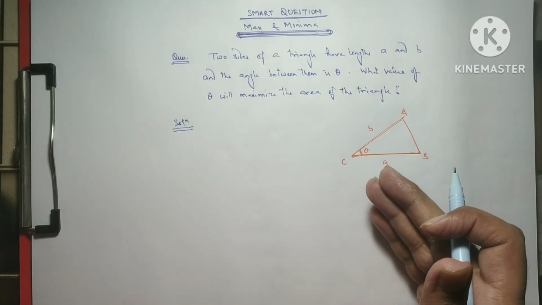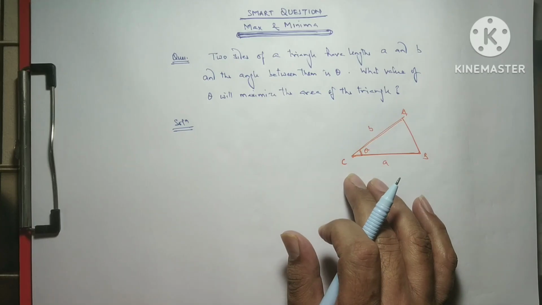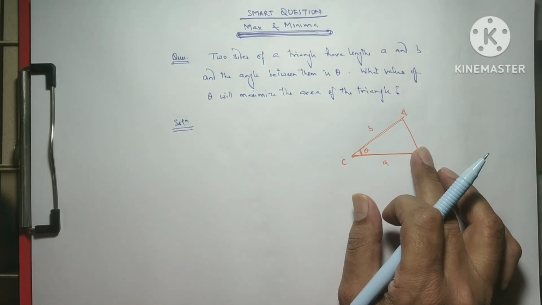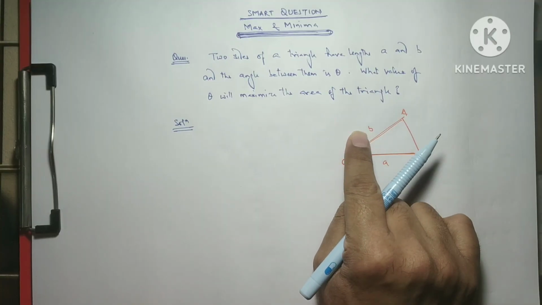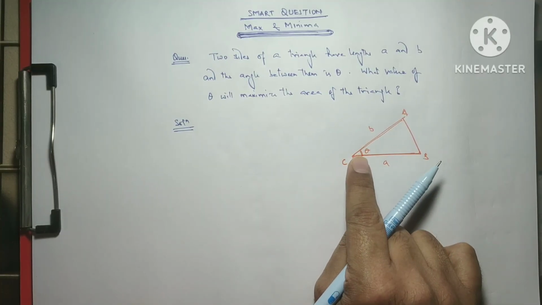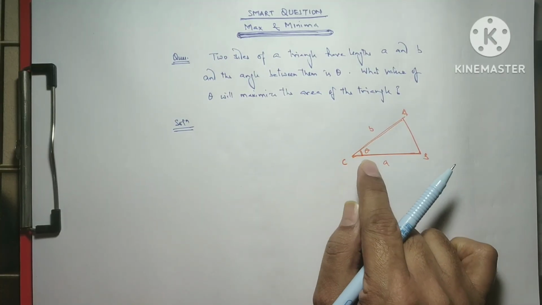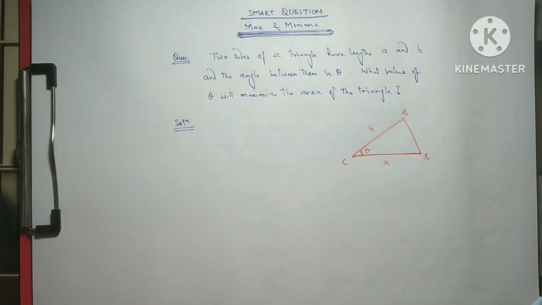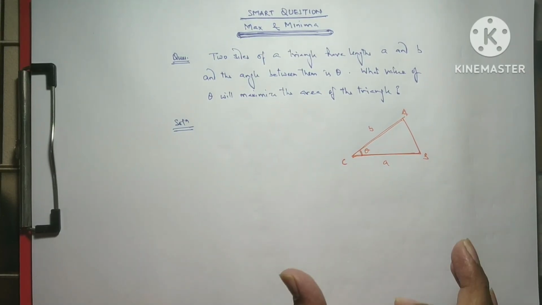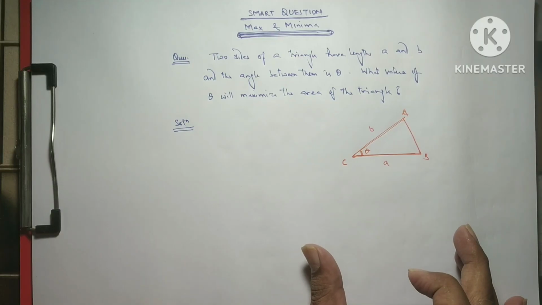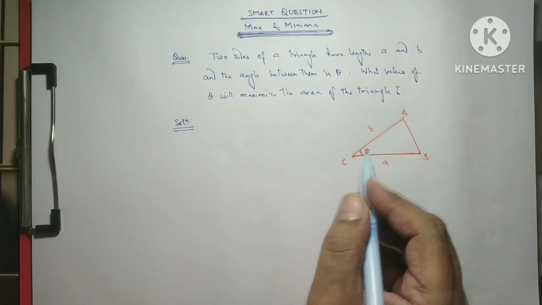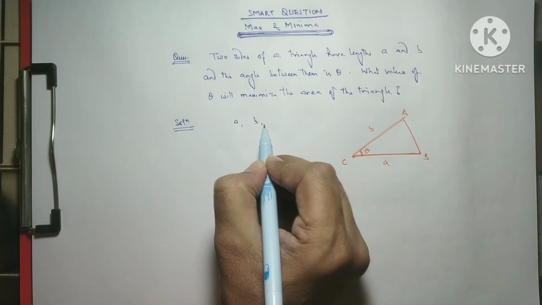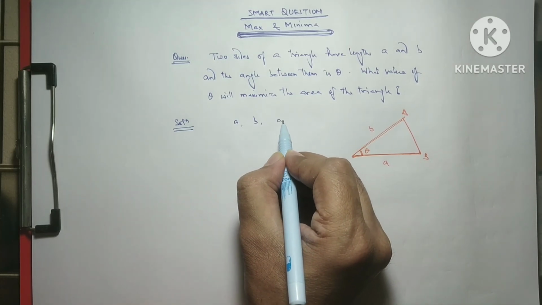So in this series of maxima minima, we are taking this question: two sides of a triangle have lengths A and B, and the angle between them is theta. What will be the value of theta at which the area of this triangle is maximum? So this is the scenario of this question. According to this, we have two sides A, B, and the angle between them